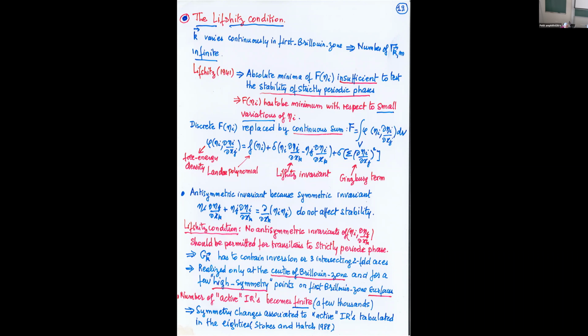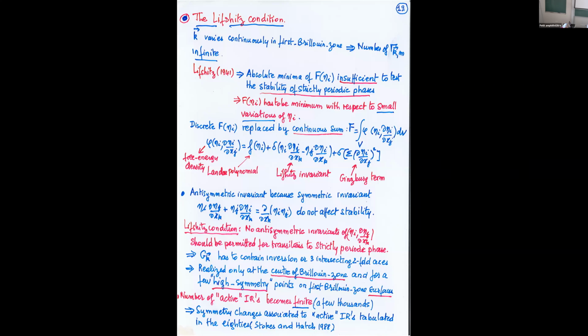So we start from an infinite number of irreducible representations, but the Lifshitz condition reduces this number to a finite number. So it becomes finite, so it's a work which can be done, and it has been done in the